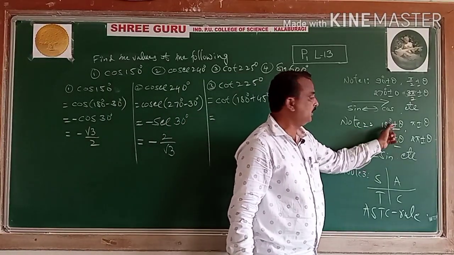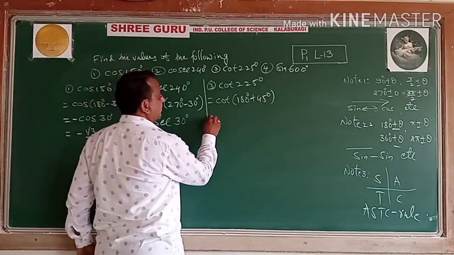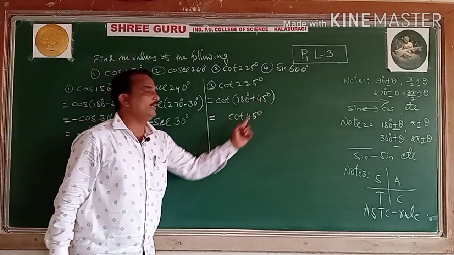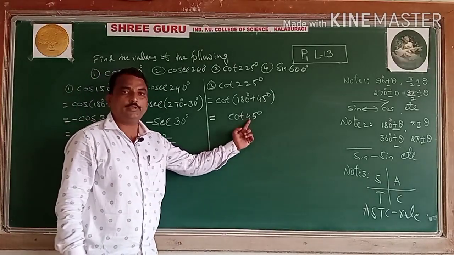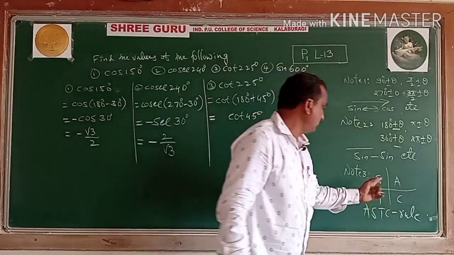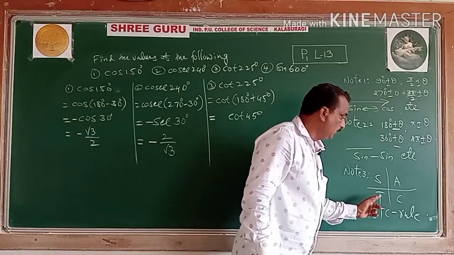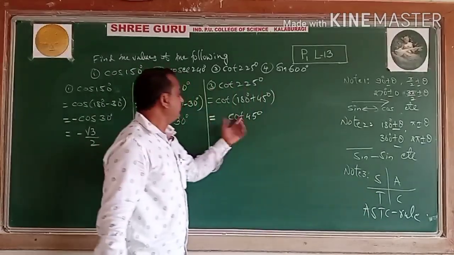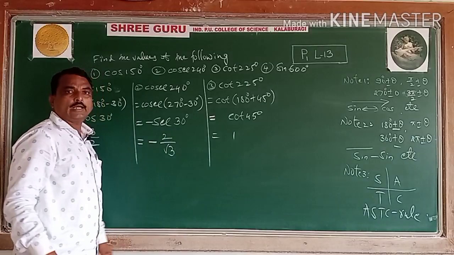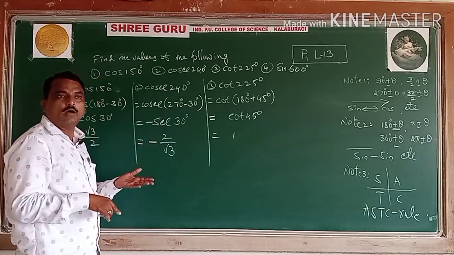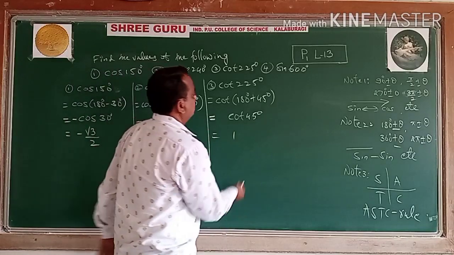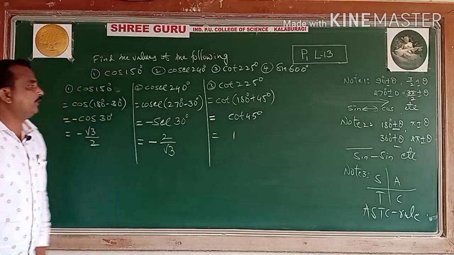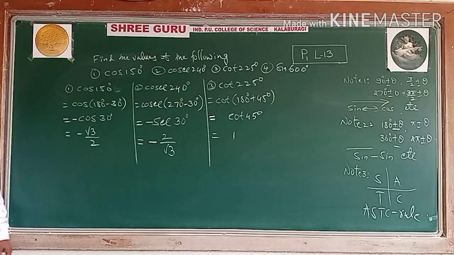For cot of 180 plus theta, 360 plus theta, the trigonometric functions have no change, same only. It is cot 45 degree. Cot theta, where theta is 45 degree, a standard angle, a known angle. So which quadrant? 180 plus, third quadrant. In the third quadrant, what about cot? Tan positive or not? Yes, positive. Tan and cot are positive, so it is cot. What is cot 45 degree? 1. Tan 45 is 1, and cot is the reciprocal of tan, it is 1. So therefore, the cot of 225 degree value is 1. Very simple. So like that we have to calculate.